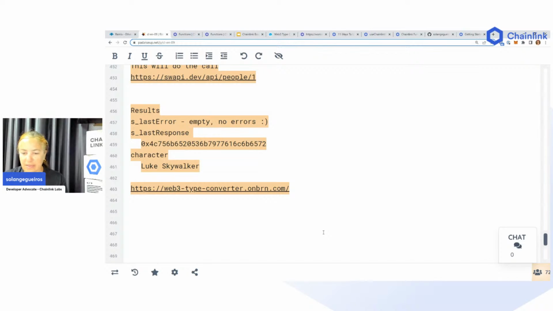Session 9, and we are using functions.chain.link here. So first task, it's over there now. Okay. Second task,